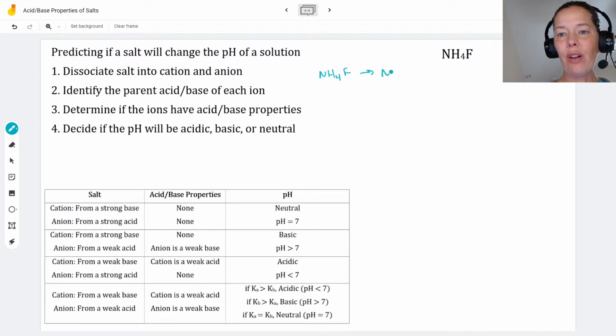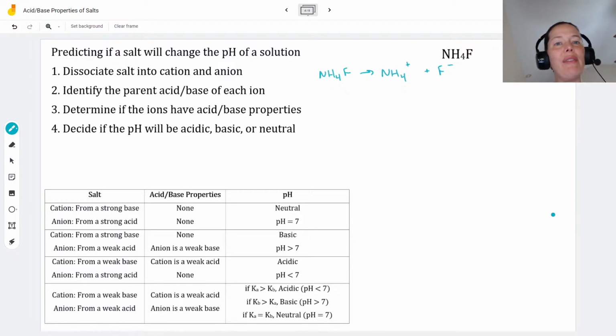And when it dissolves in aqueous solution, we get the ammonium cation and the fluoride anion. Okay, that's great. Now we have identified our cation and our anion. Let's take each in turn and determine our parent acid or our parent base. Now, we just did the ammonium cation, so I won't go into much explanation there, but this, of course, comes